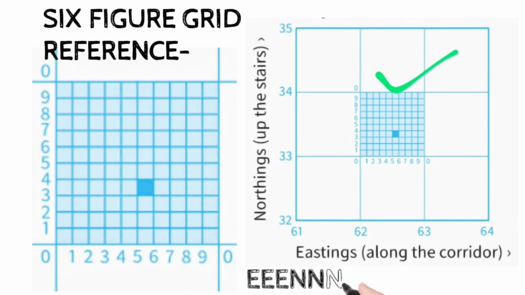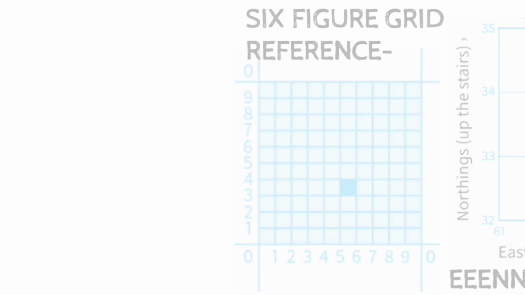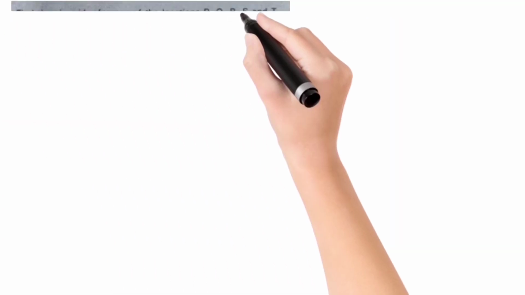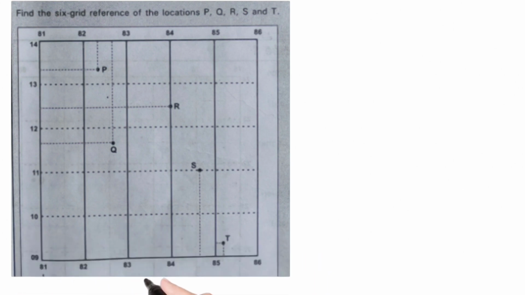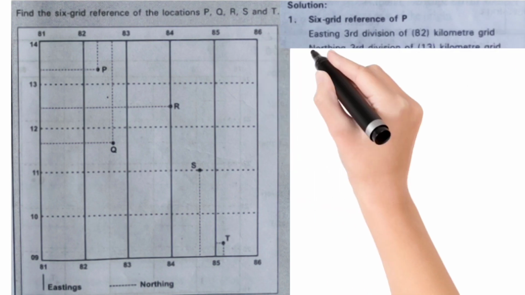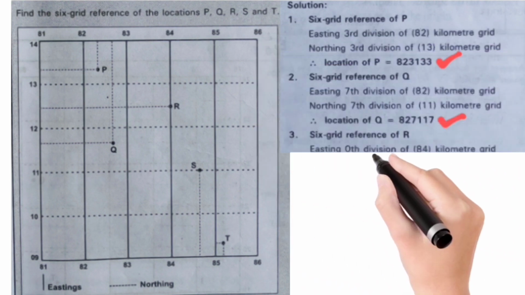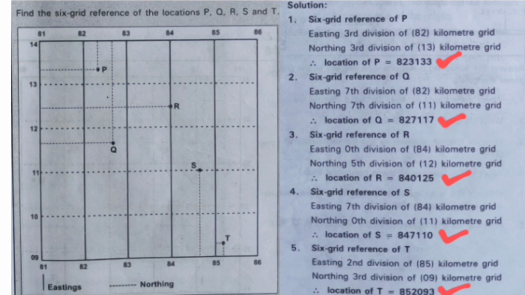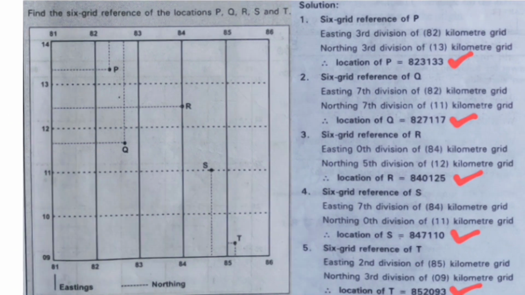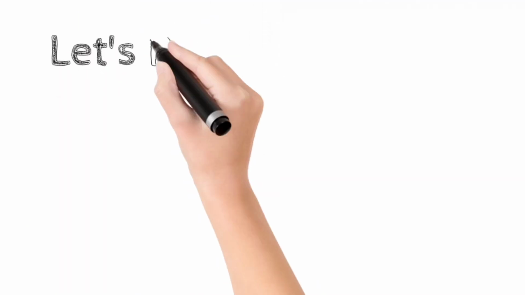It has 6 figures, 3 for easting numbers and 3 for northing numbers. Then after this 10 equal division, we need to mark the division of easting and northing corresponding to the location. Now for the exact location of P, give 6 blank spaces. First 2 spaces are for the easting number 82 and the 4th, 5th spaces are for the northing number 13. Now put the scale above point P both horizontally and vertically to mark the division of easting and northing corresponding to the location.